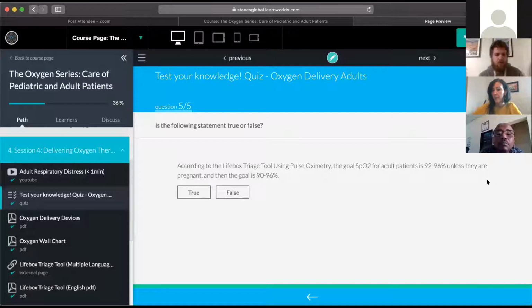Okay, most people are saying false, which is correct. There's 2 points here. One, that the goal SpO2 for these patients is higher than for other patients, and pregnant patients